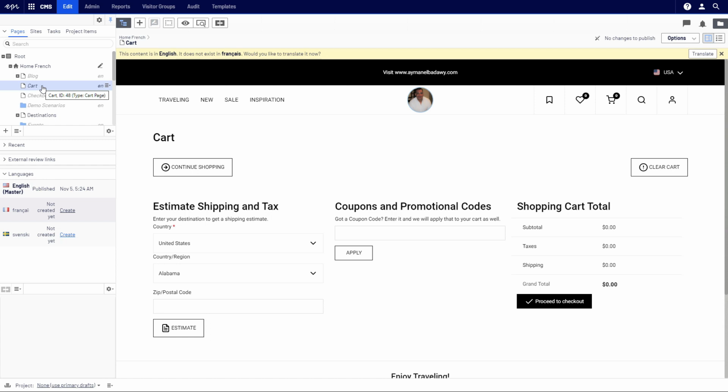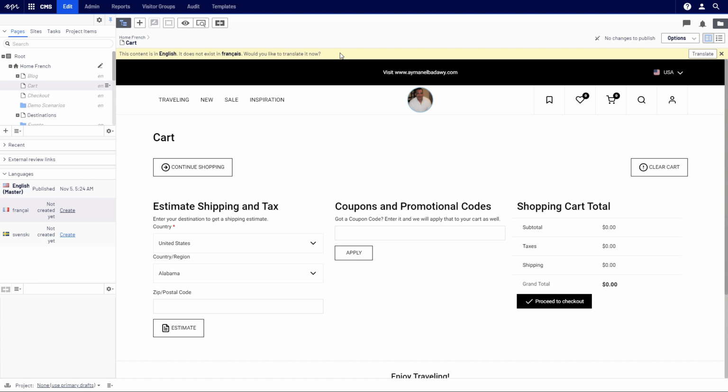As you can see here, you can see the name of the page in italic font, and then there is EN at the end, and this means that this page exists only in English. And also you will have this highlighted message that says this content is in English, it does not exist in French, would you like to translate it now?